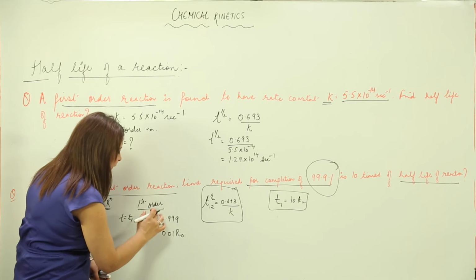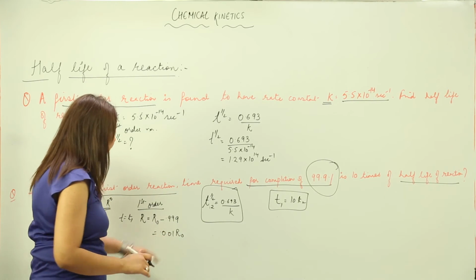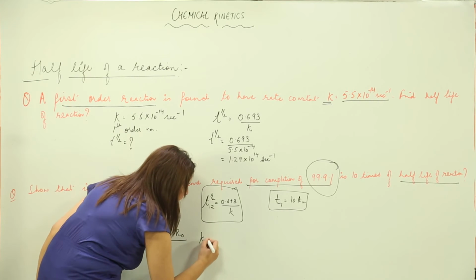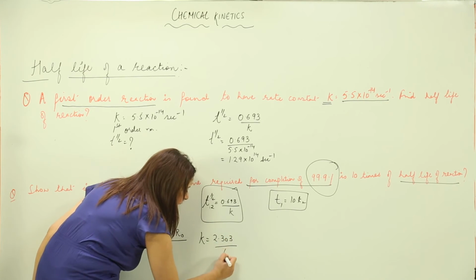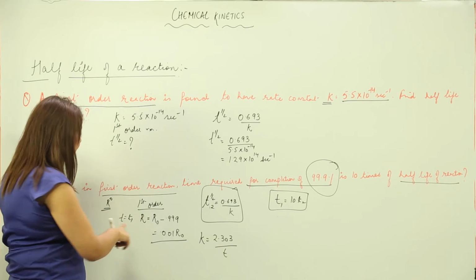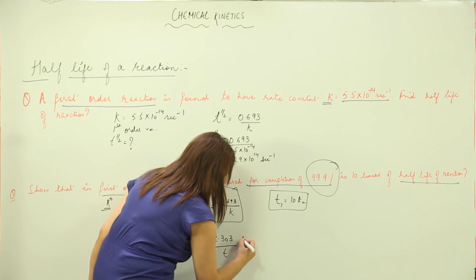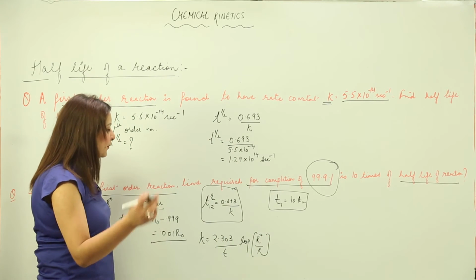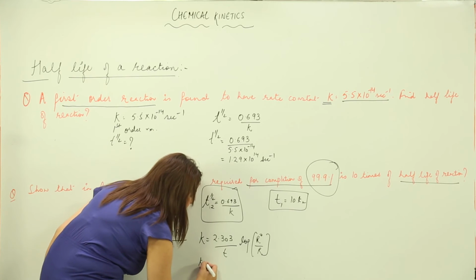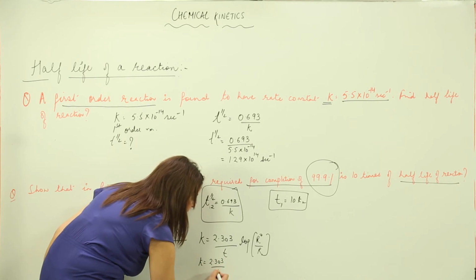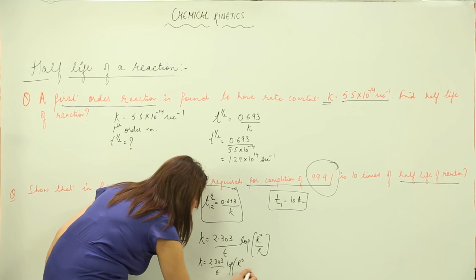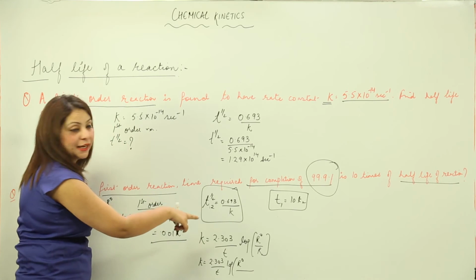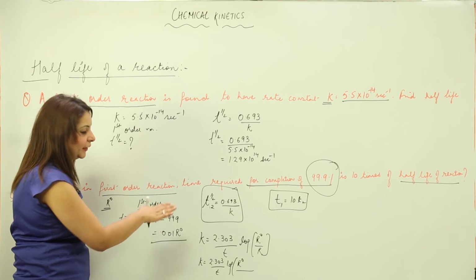See, you can write R naught here, you can write R naught here, it hardly makes any difference, right? So this is what we have. Now putting in the expression, K is equal to 2.303 over T, because we are looking for the time which corresponds to T, times log of R naught upon R. This is the original expression. Now after substituting the value, K is equal to 2.303 over T log R naught over R. I'll write the naught as superscript, because I wrote it that way here, so to avoid confusion I am writing in the same way.